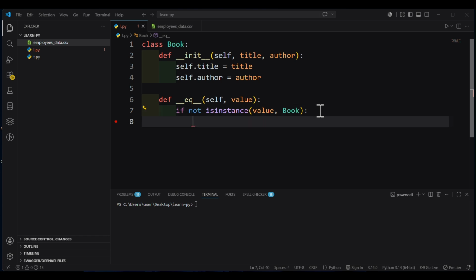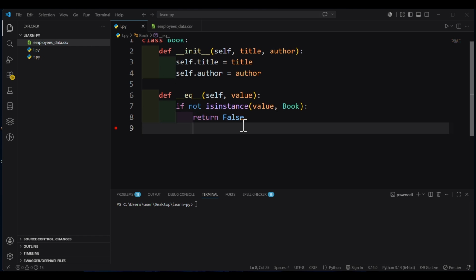So return, if not, return False, and then return self